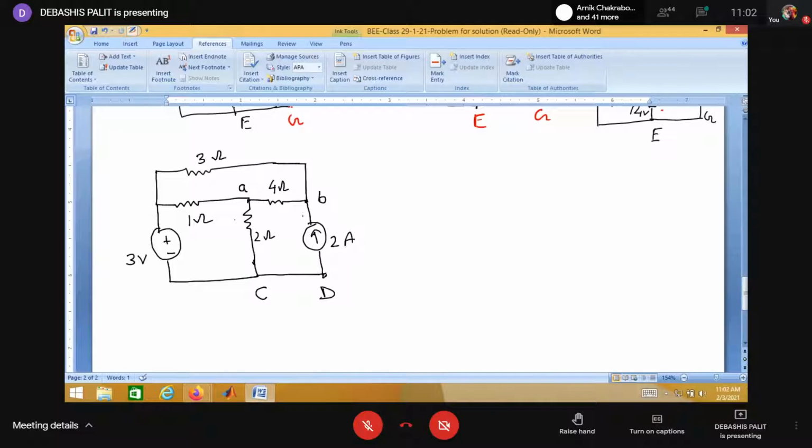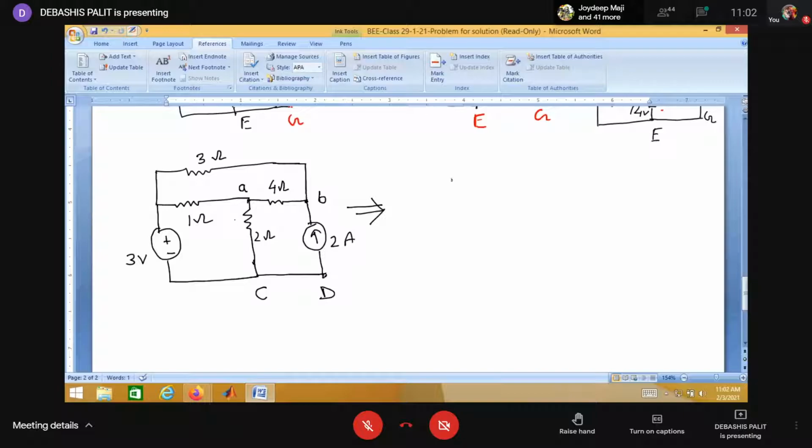Then you can get a parallel resistance and current source. But now I want to solve this circuit in another way. Look at the circuit, there is a voltage source, but that source has no series resistance at all. So how to convert a voltage source having no series resistance at all? So I have to follow another technique.